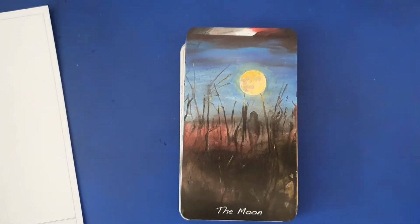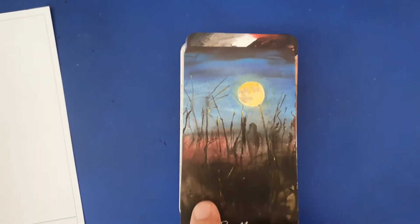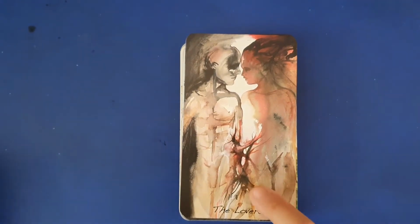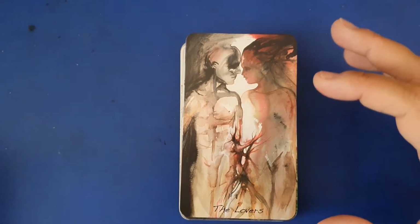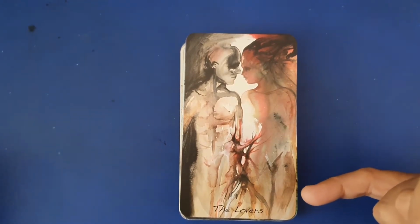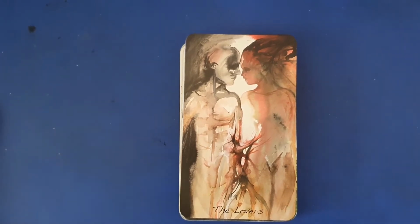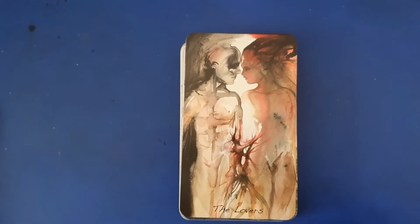Okay, so this one's called The Moon. It's pretty, isn't it? The Lovers. I love with the Lovers how they're intertwined here, and there's a sense of these two characters having some kind of male and female form, but at the same time you could go, well, actually they're almost a bit androgynous to a certain extent. I mean, I can almost distinguish the two, but